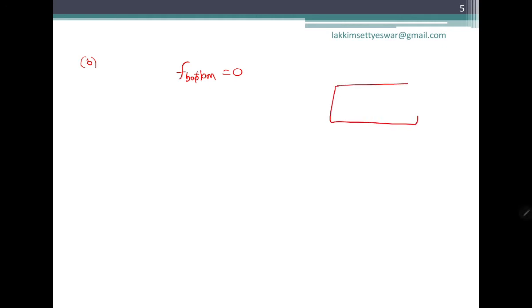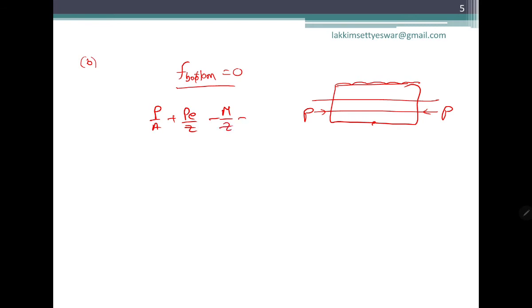So this is a beam where the pre-stressing force P should counterbalance the live load and dead loads. So here the bottom of the beam should be subjected to zero tension. So f bottom equal to 0. So P by A plus P e by Z minus M by Z equal to 0. P is the unknown here. P by A plus P e by Z equal to M by Z. So take P as common: P times (1 by A plus e by Z) equal to M by Z.